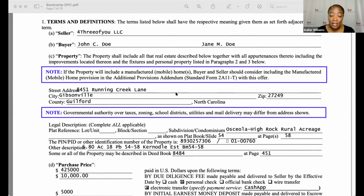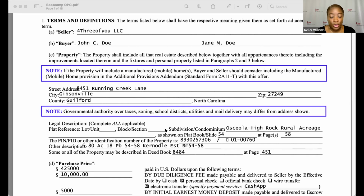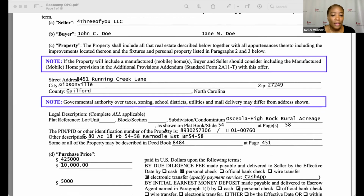There have been instances where the correct address wasn't used, or they thought it was the address. However, the mailing address was different, the county address was different, and they ended up contracting the wrong property. So make sure that we are using the correct address, which is why the additional legal description below that box